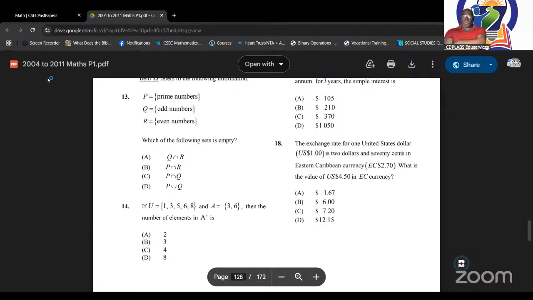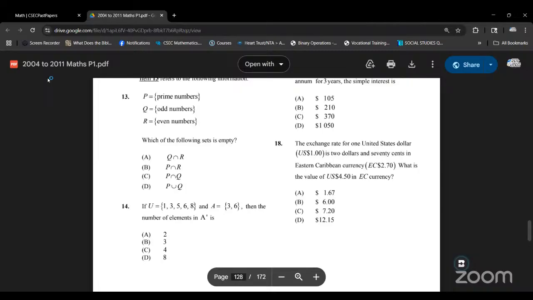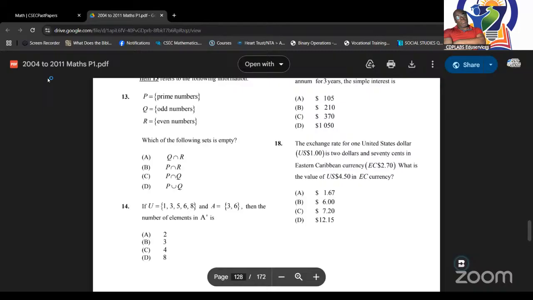So let us times the 4.50 by 2.70. That's one way. Well, I never said wrong, but you could use